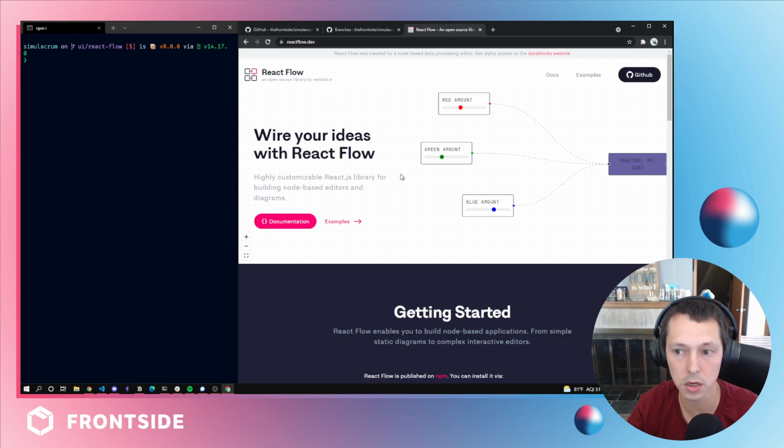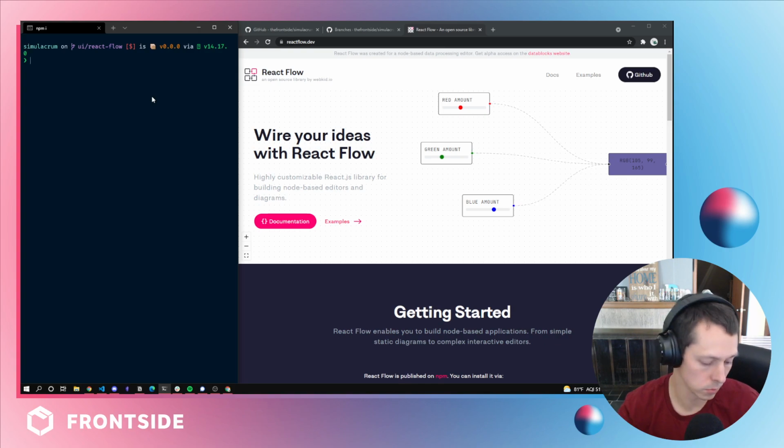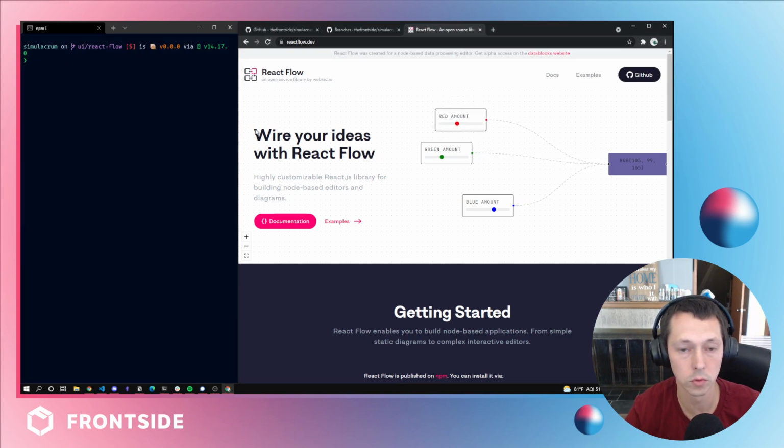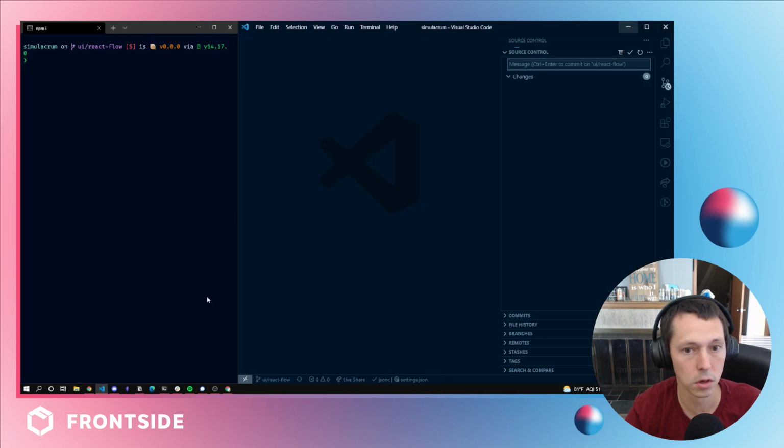So this is just a React component, which is really cool. We started this last week, and we got to the point where we have a demo of this with just some